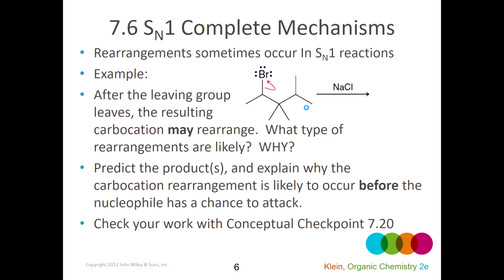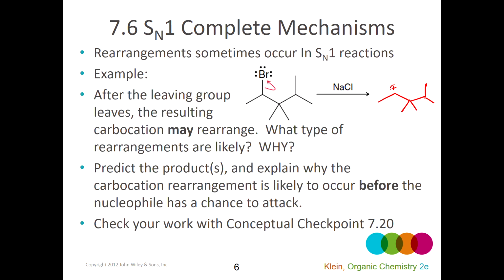All right, anytime we're doing an SN1, that means we're going through a carbocation intermediate. We have to look out for the possibility of carbocation rearrangement. Really, anytime in any reaction where you form a carbocation, you need to look out for the possibility of carbocation rearrangement. So clearly here, the only possible leaving group is this bromine. When it leaves, it's going to create